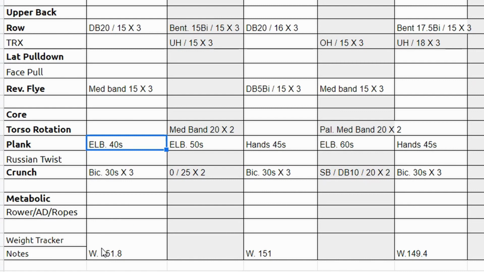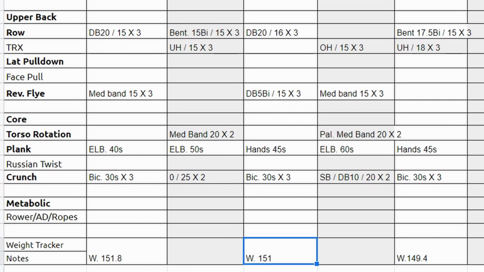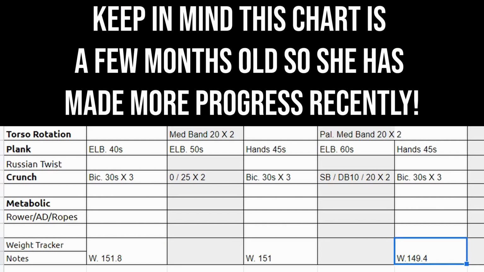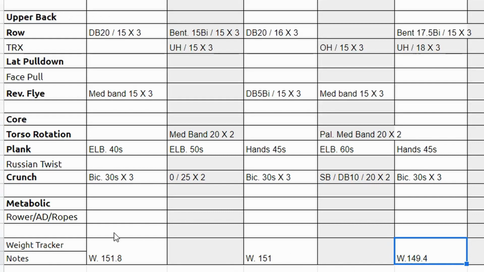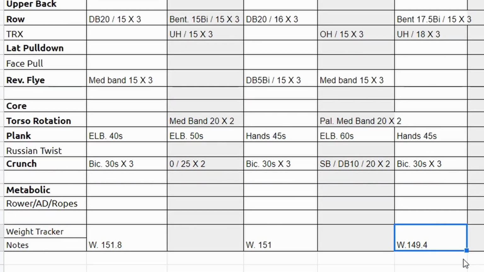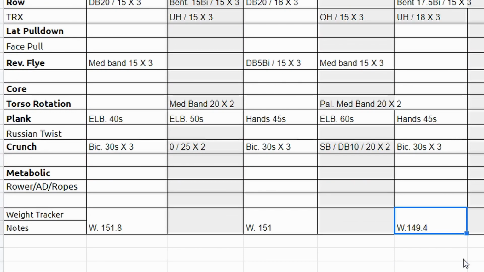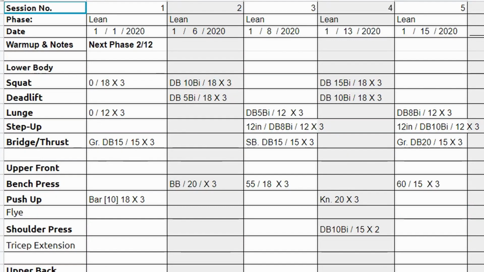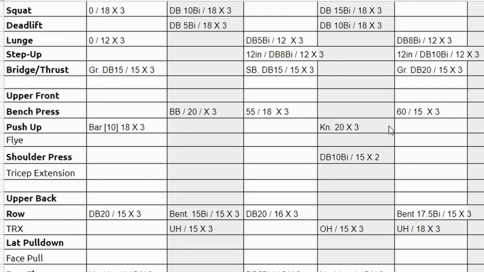You'll actually notice down here that I have a weight tracker. So I weigh this client in once a week, and you can see that her weight is moving in the right direction. I can tell you right now she's about 140 pounds. So she did stall there for a little while, but she's pretty much where she wanted to be in her first few months. Of course, there is far more that goes into this because we haven't even talked about nutrition yet, but that is a topic for a different video and definitely one that we'll be tackling soon. But yeah, this should give you an idea of how I would program out 5 workouts.